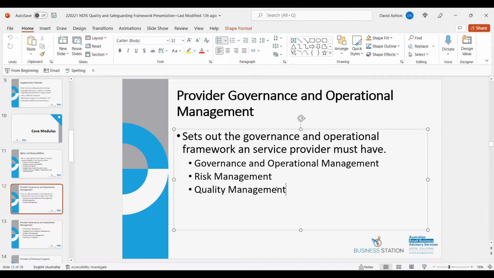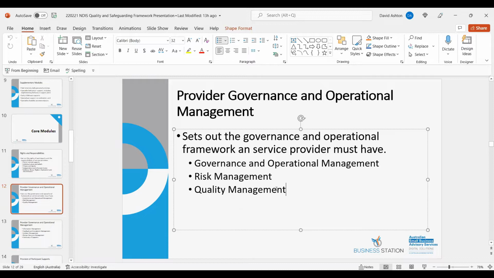So the other one is risk management. You need to establish a risk management plan and register of risks, identify your risks and put in place treatment plans for those. You need to document that, and things that you might want to look at: incident management, complaints management, work health and safety, and human resource management, financial management, information management, which is your IT security system, and your governance framework. So they're the things that you need to look at in the context of risk. Put together a risk management plan and